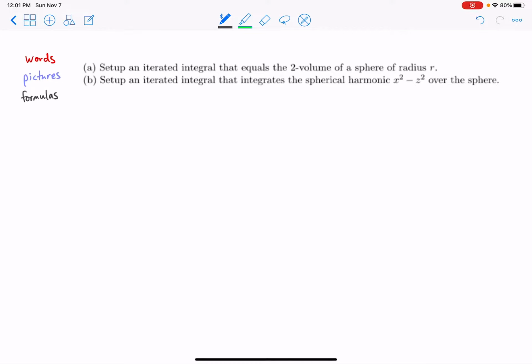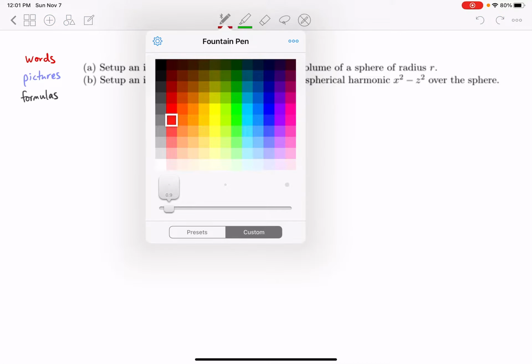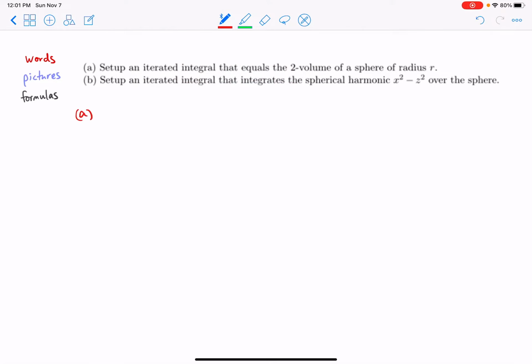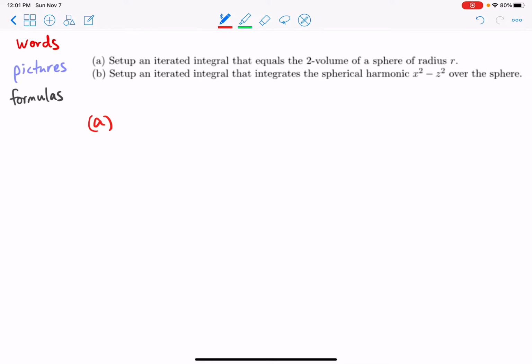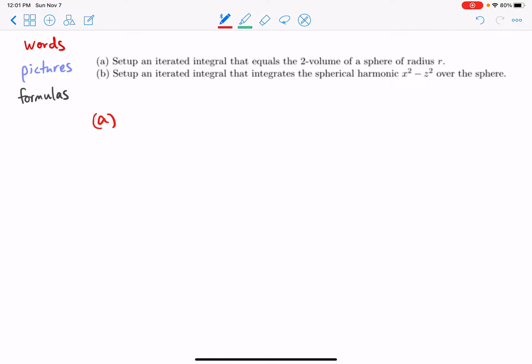Okay, hi everybody. So we're gonna compute the two-dimensional volume of a sphere of radius r. And so this is also called the surface area of a sphere. Okay, so let's see, part A. Let's zoom in a little bit. Okay, so to get volume, or two-dimensional volume of a sphere,